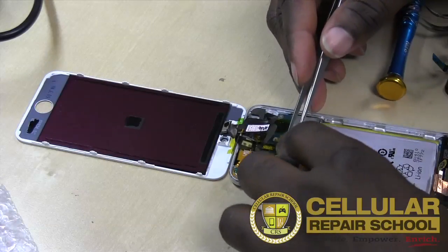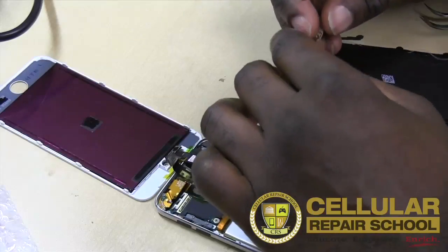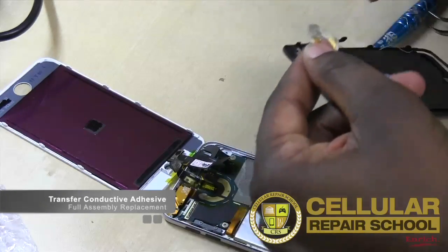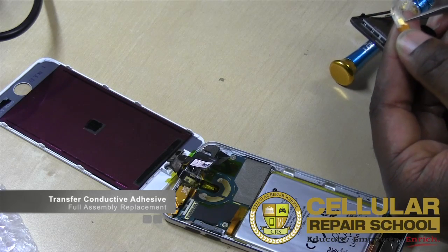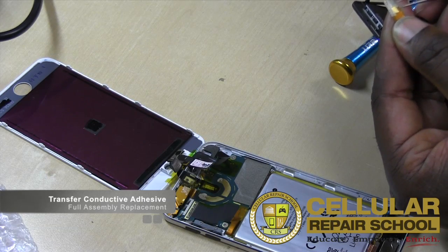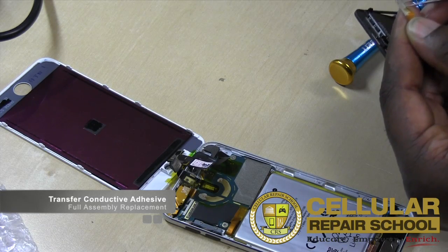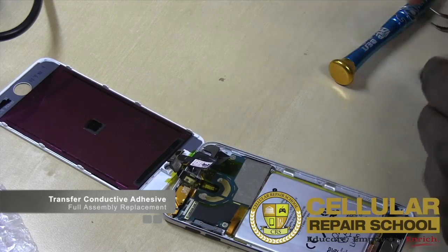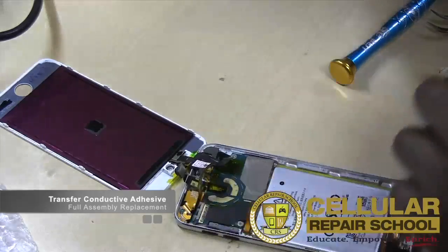So again, what we're doing is we're taking some of that adhesive from the old. And again, I'm not sure what this is, it's a very conductive adhesive. You can see it's shining, so it doesn't impede the conductivity of the contact, which is why it's used. And unfortunately, it all comes off on the old ribbon and doesn't stay where it's needed on the new one. So what we're doing is just migrating that over to the new